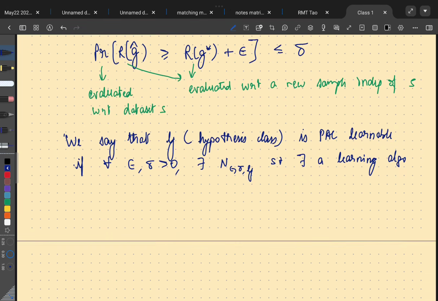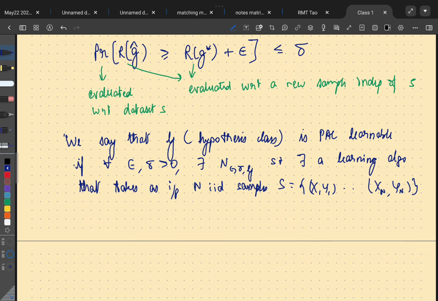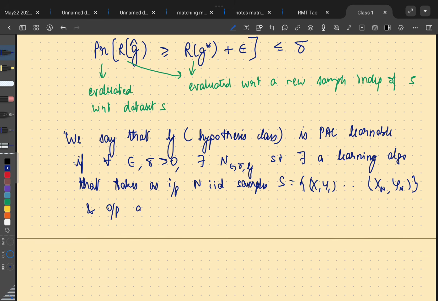This learning algorithm takes as input n IID samples, x1 through xn, and outputs some g hat